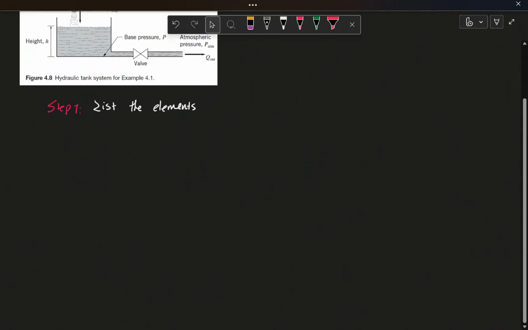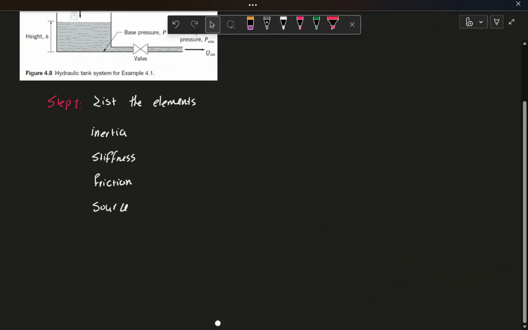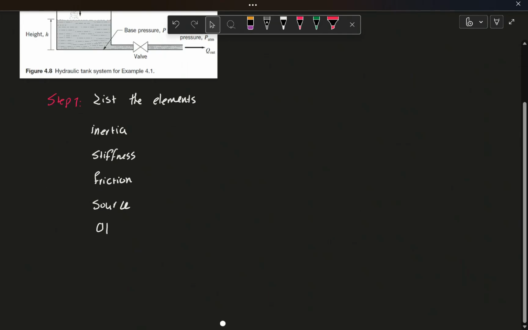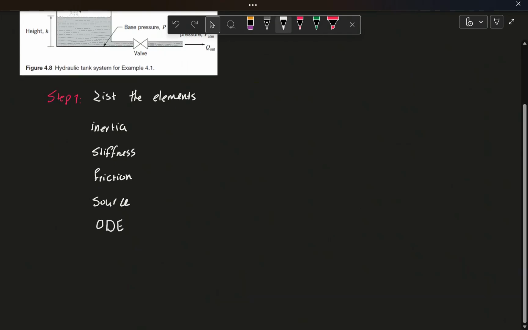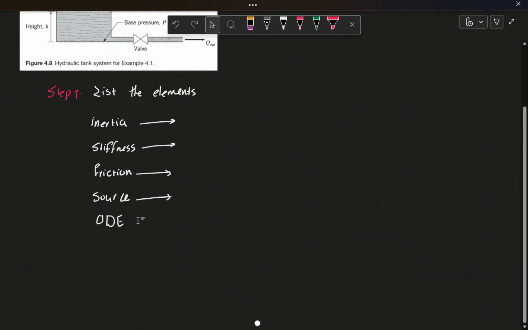For this one, we again go after inertia, stiffness, friction, and our sources. And we comment on the number of ODEs. So by looking at this system, I noticed that